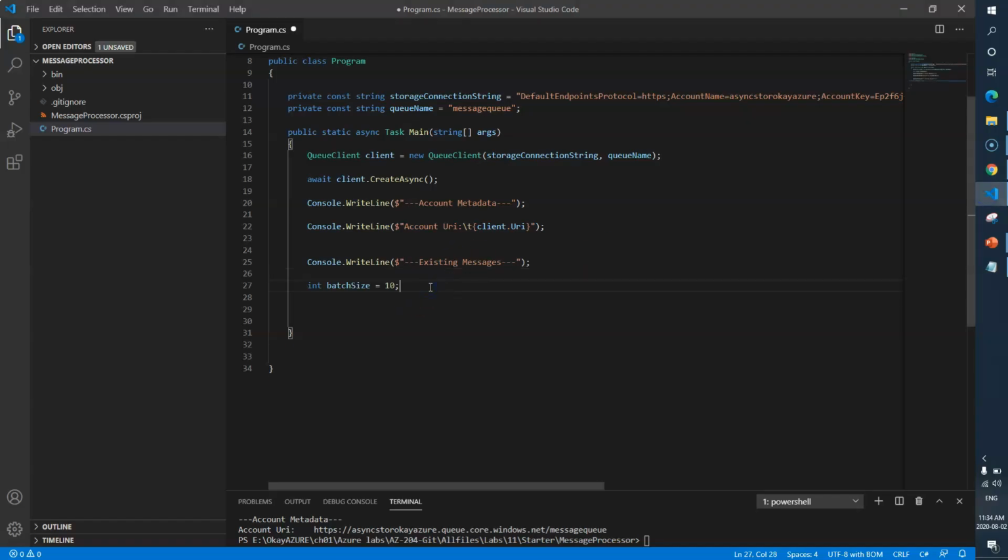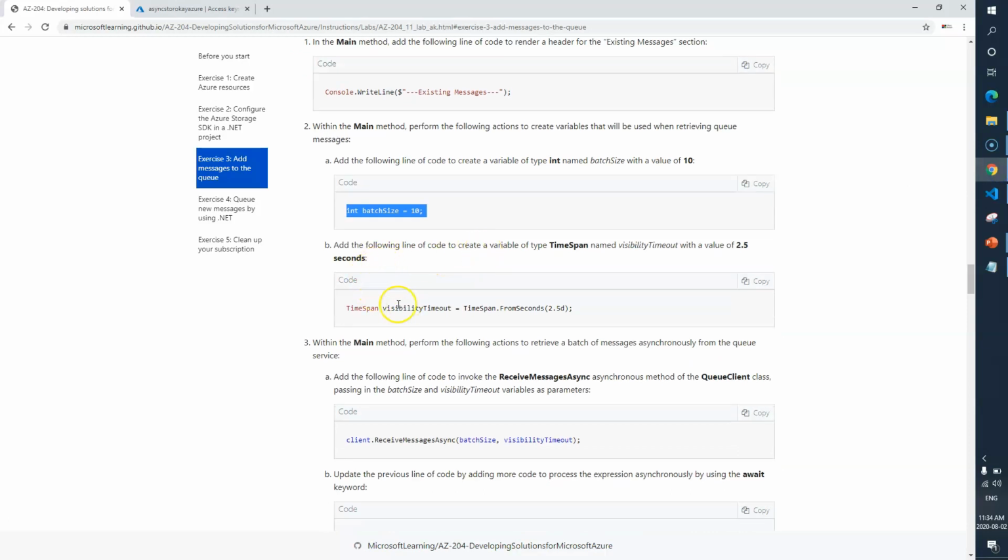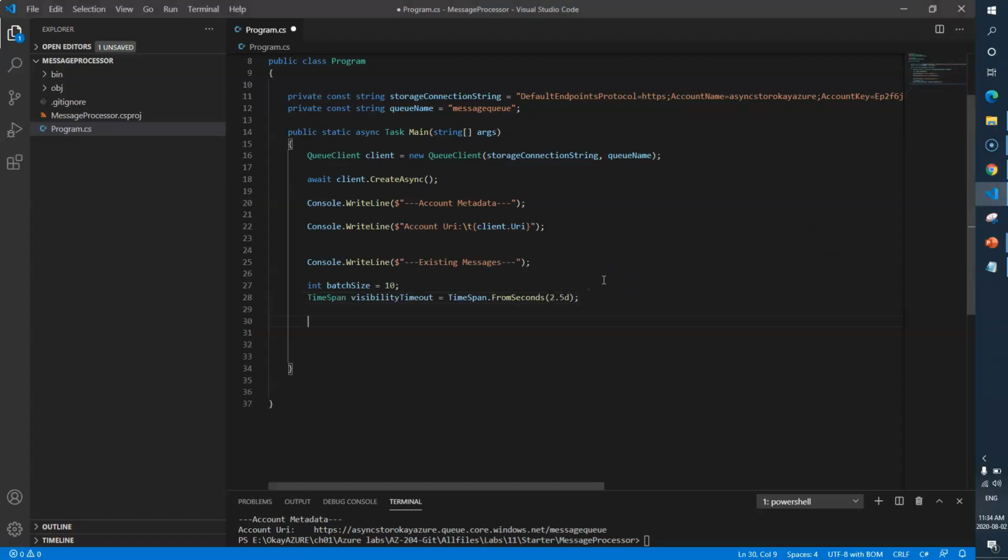Okay, let's create one. Next, we need to add this line of code, the timespan equals TimeSpan.FromSeconds 2.5. Basically, this line will set the visibility timeout with the value of 2.5 seconds. Okay, let me just copy and we'll add this one here.